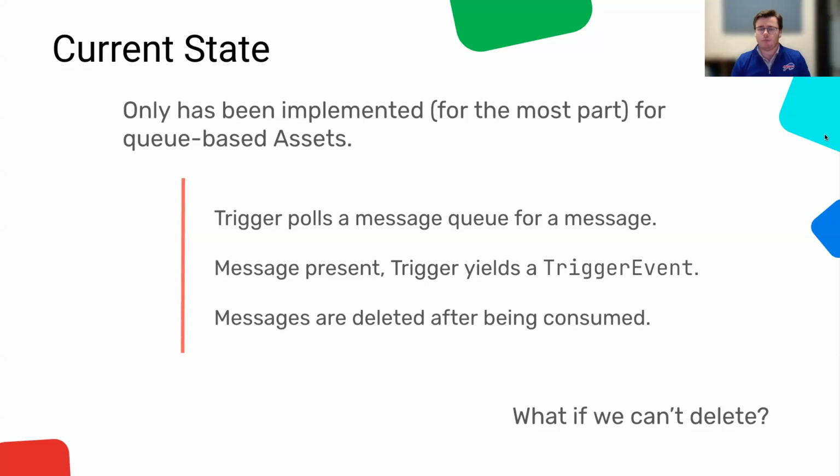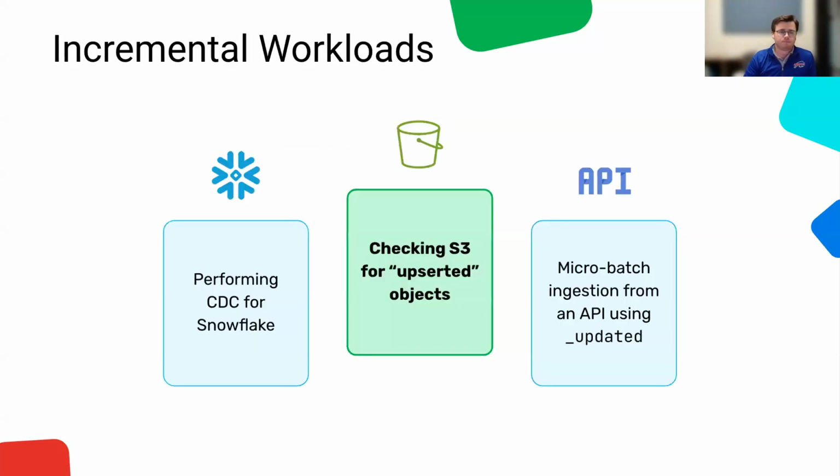And Brianna, if you don't mind clicking to the next slide here. The situations that I'm mentioning, especially with S3, this is, in my opinion, one of the biggest ones and where we'll see the most use. These are what we call incremental workloads, right? Where queue-based is a message landing, short-lived, and deleted, incremental is something like, hey, I have a bunch of files in S3, a new one lands, that's like my incremental event almost. I don't want to have to go back and process every single file in an S3 bucket every time that one lands. I only want to process the new ones.